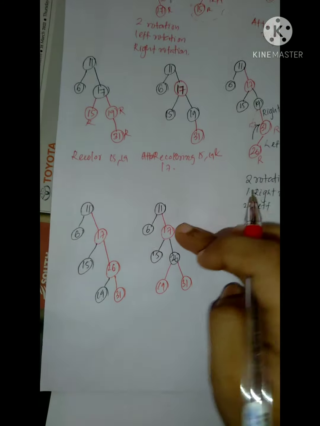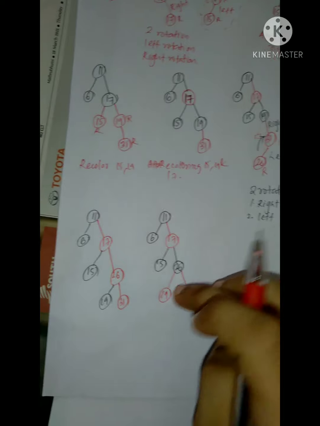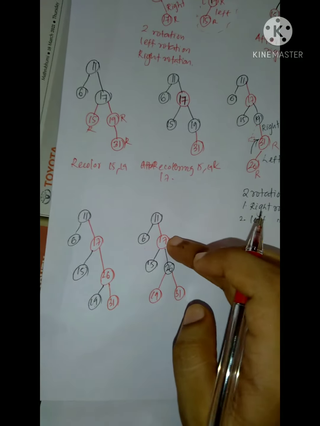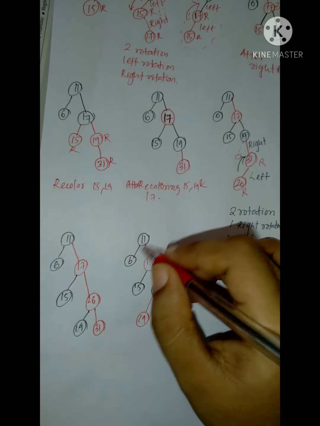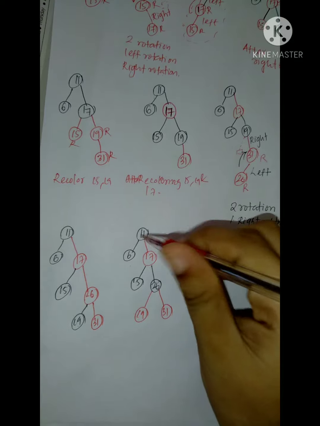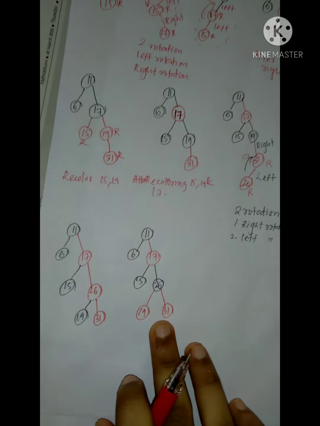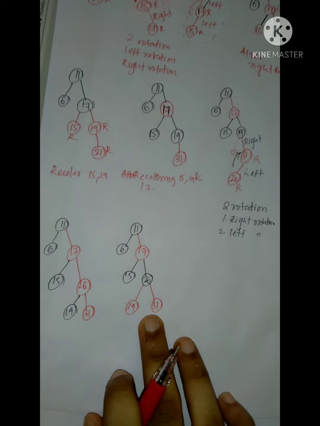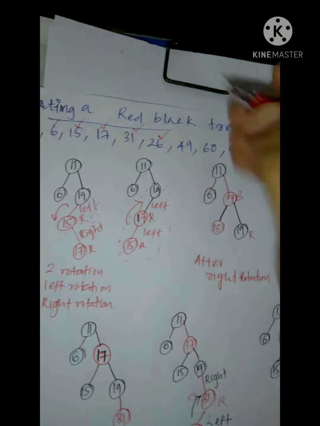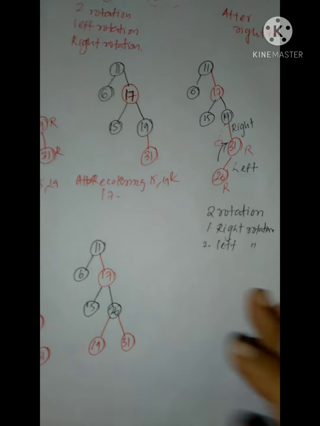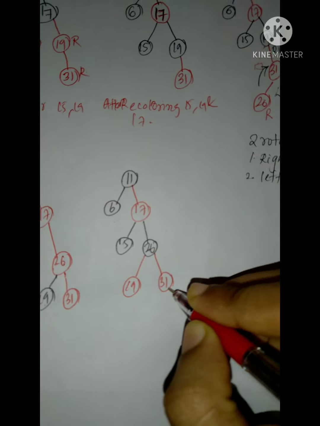Now let us check the red. A red node contains only black children, and black can contain red or black. Okay, that is not a problem. And then check the number of blacks: 2, 2, 2, 2. So this is balanced and this is a red black tree. So we have inserted 26. Okay, then we want to insert 49. 49 will come at the right of 31, then it will be the leaf